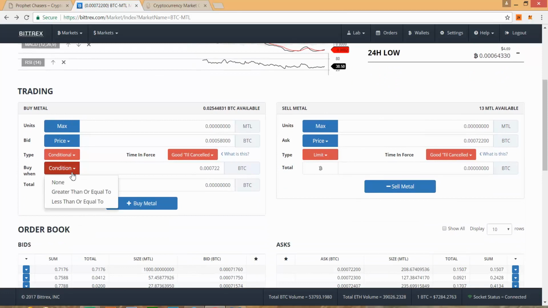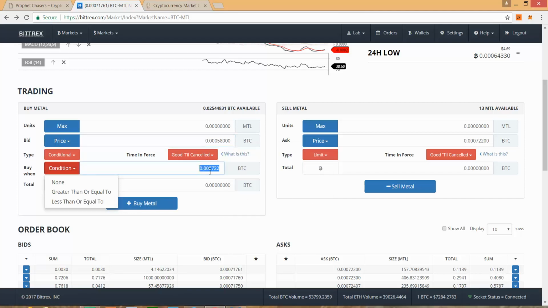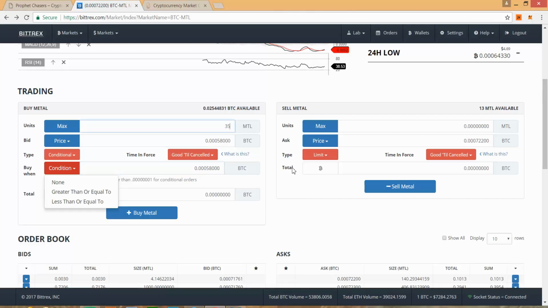So we're gonna say if it goes to less or equal than 0.58, copy, please. So if it goes below 0.58, right, 0.00058, and we want to buy 35 coins of metal, so we automatically set this up, and we're just gonna go ahead and say, okay, well,